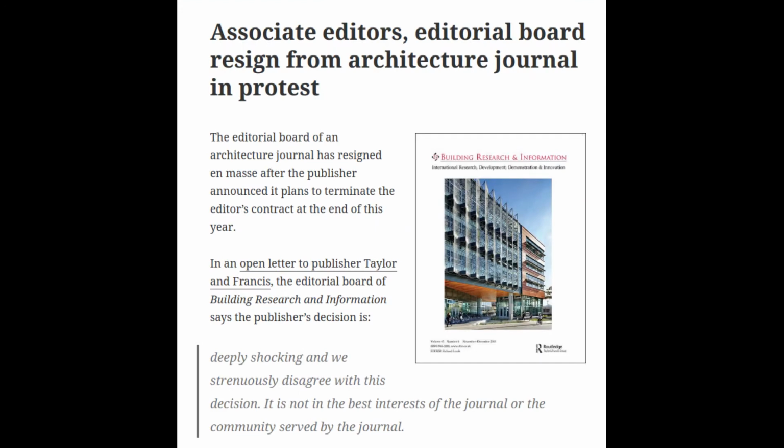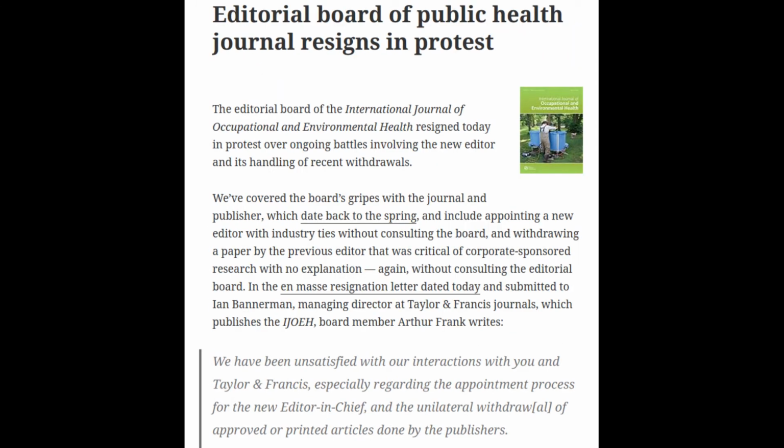Publishing itself is not immune to problems, and an example from Taylor and Francis stands out. When Taylor and Francis changed the head editor of one of their journals, they found that the editorial board felt that they were doing this inappropriately due to the conflicts of interest the new head editor brought with them. One of the editors wrote this. "This is a personal comment, not necessarily the position of the board,